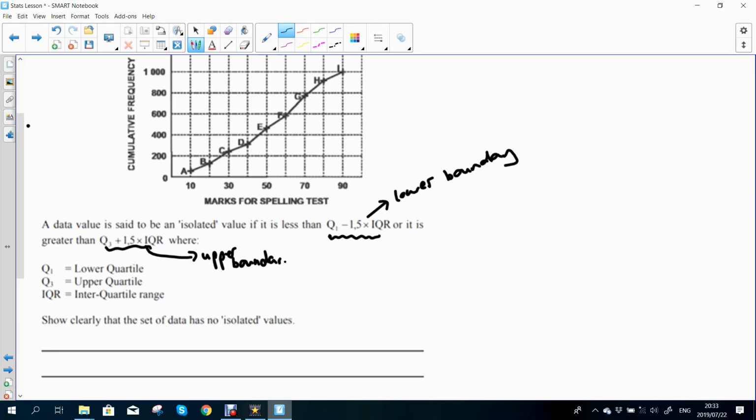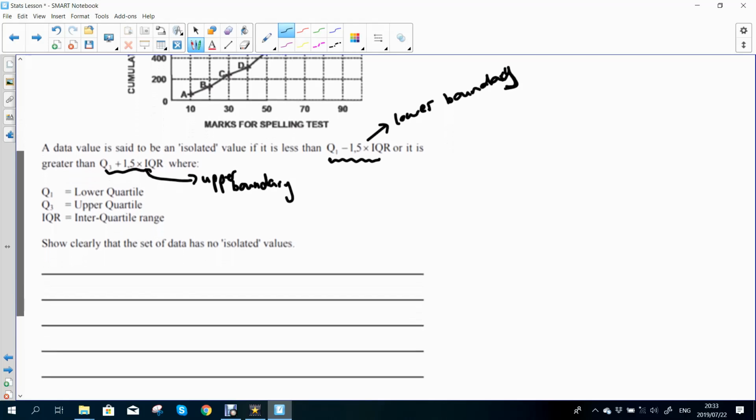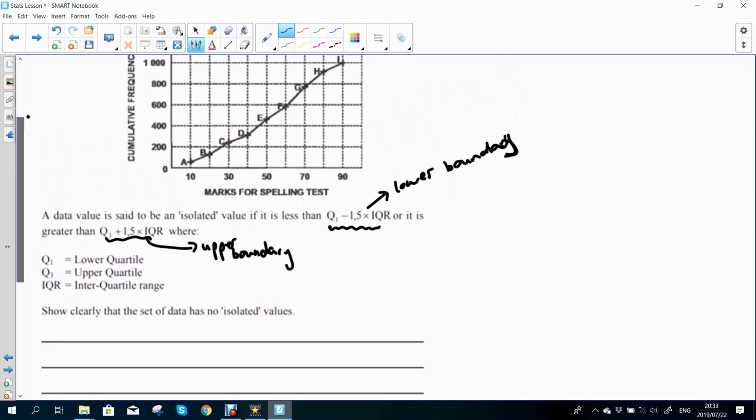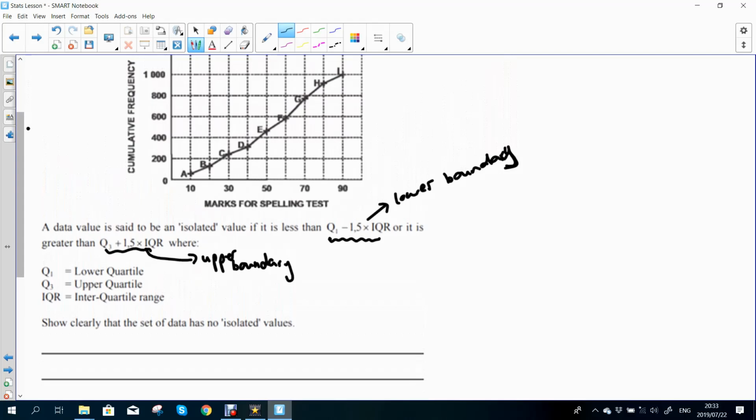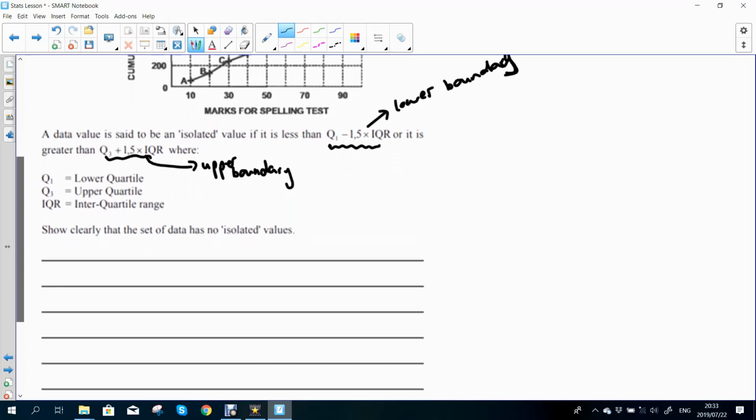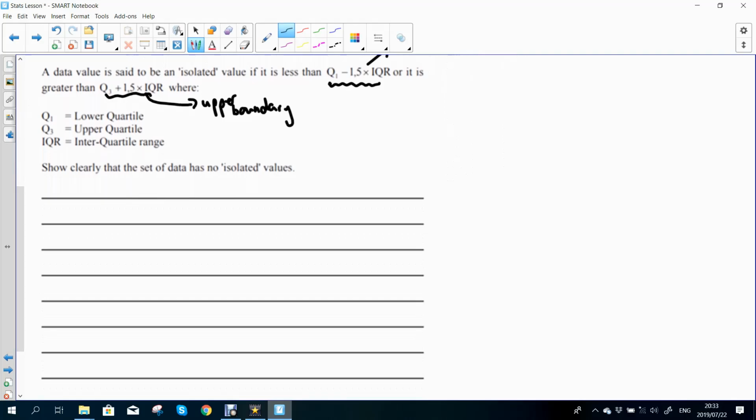And guys, this is how we determine whether a set of data has outliers in it. So you have to determine the boundaries and then check if you have any of those lying within or outside your boundaries. So we need to find quartile 1, quartile 3, and then the interquartile range. So I'm going to start with quartile 1. The formula there is a quarter of the amount of people. So that's 1,000, which gives me 250.